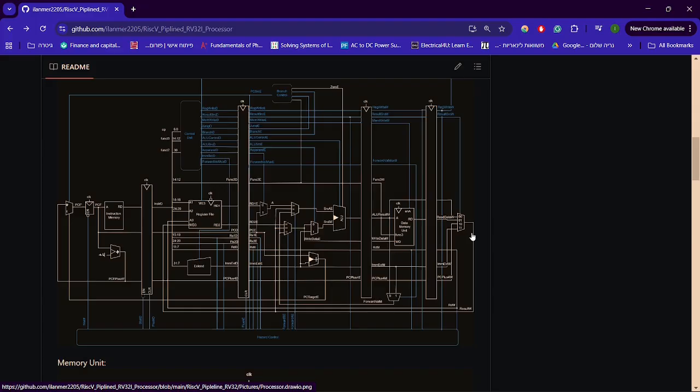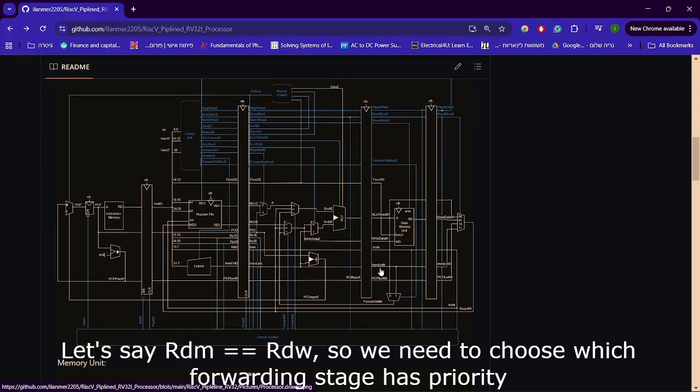So that's the quick answer. The reason for this, and I'll try to be clear, but if you don't understand this explanation, please ask me in the comments. The reason the memory stage takes priority in forwarding is this: in the scenario where the register destination is equal in both the memory stage and the write back stage,